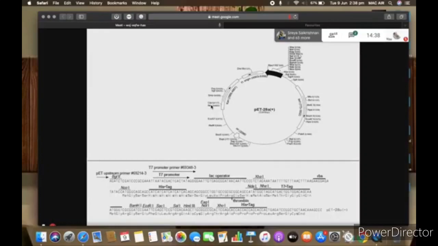Suppose you are getting all as zero cutter, it means there is no recognition sequence of this restriction enzyme in your gene, so you can choose any. If you find HindIII is present in your gene, then you should not clone at HindIII; the remaining you can use. In this way, you have to search zero cutter sites in your gene, if your purpose is to clone the entire gene, the complete open reading frame. Fine?